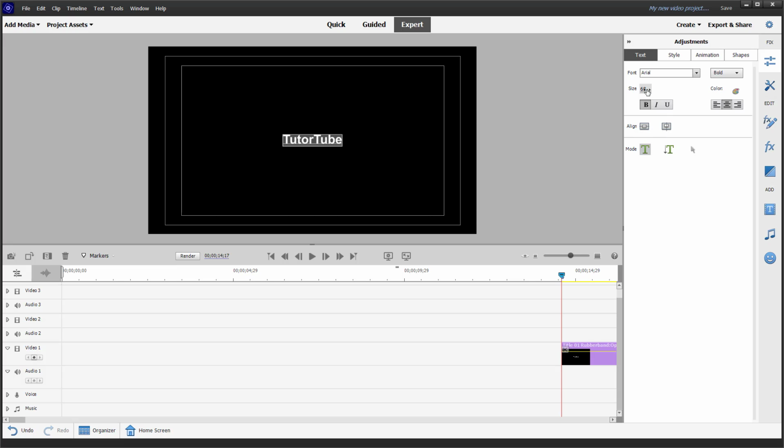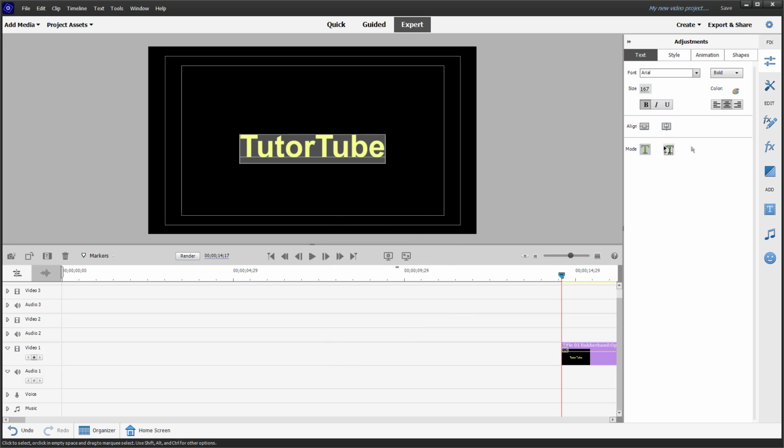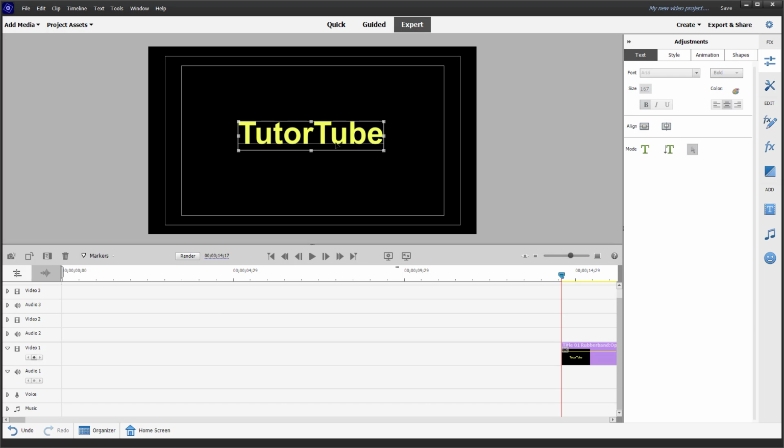If I were to increase the size right here, just like this, you can see that is what you have. You can hold Shift so that the size increment is more or less. You can also change the color, as you can see right here, like this one, and press OK. And you can take, let's say for example, the mouse right here and drag the text